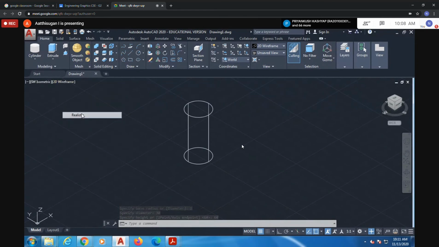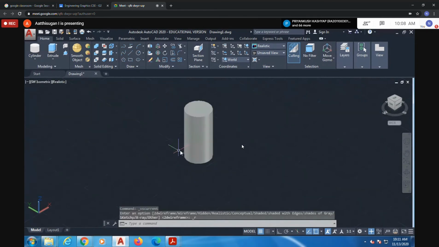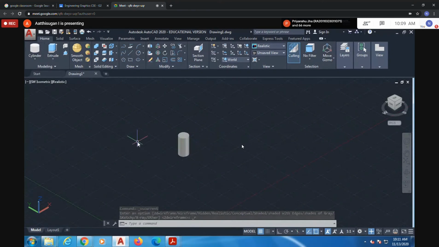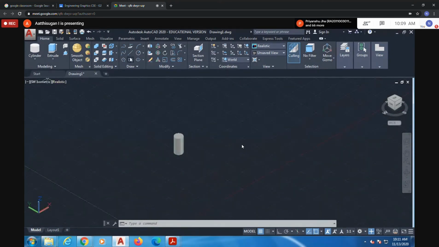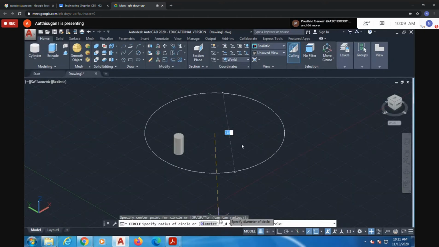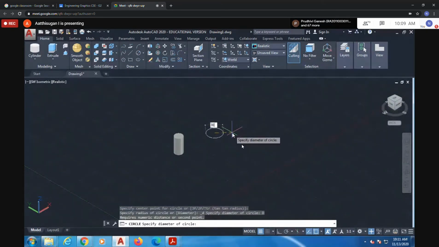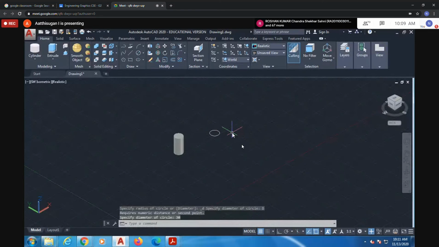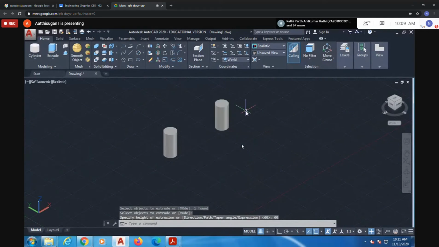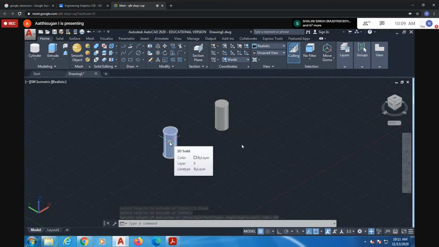I can draw it directly with the cylinder command, or else draw one circle with the same diameter, 30, select this object, and enter a height of 60. Both are correct; whichever is convenient for you, you can use. This is also a cylinder. This one I did directly with the cylinder command, and this one with circle and extrude.